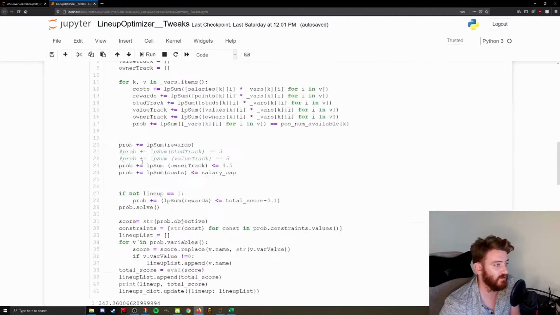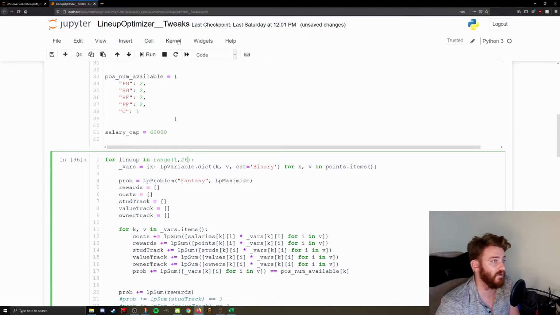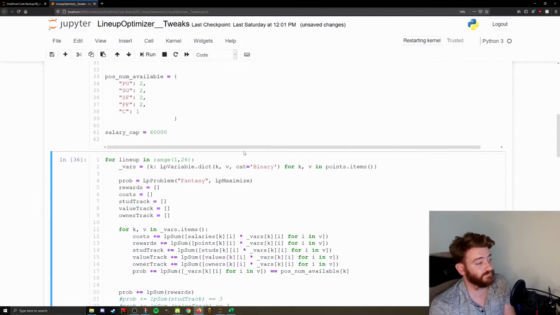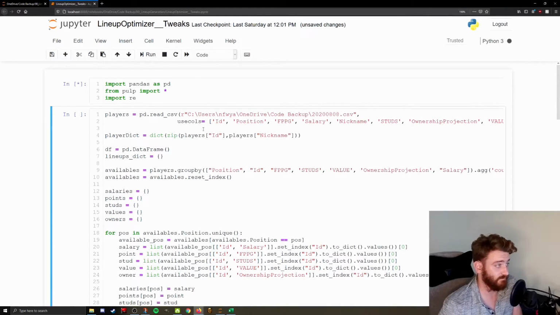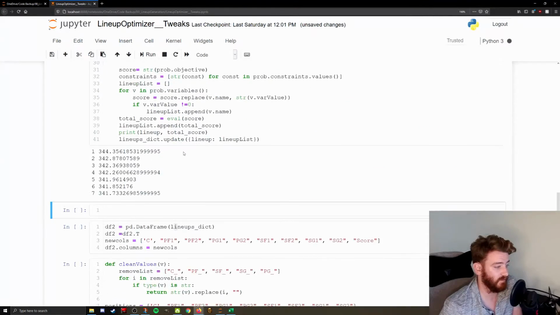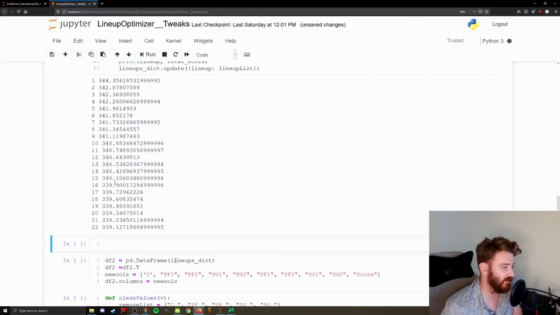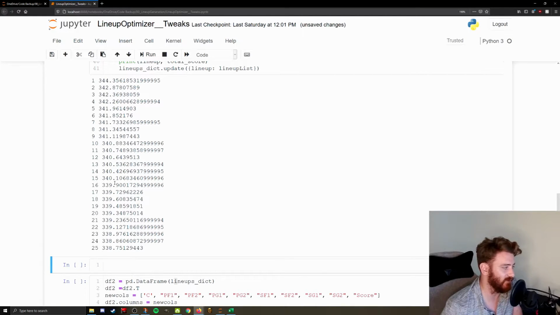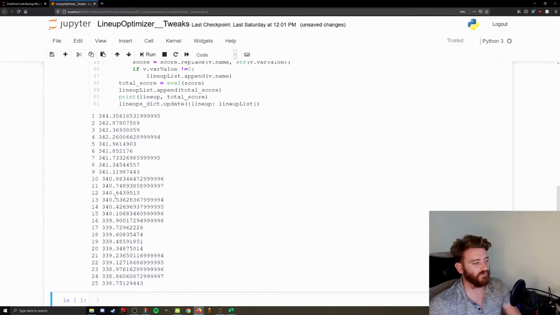Here, let's do it for 25. I guess we need 26 if we're going to get 25. So let's start this over. And we are going to ignore this as well. So this is back to just straight fantasy points per game. Like it can make 25 lineups pretty quick. So I'm not too concerned with having to do that a couple times, you know. That to me is more valuable, to have several smaller, more targeted runs of my optimizer,